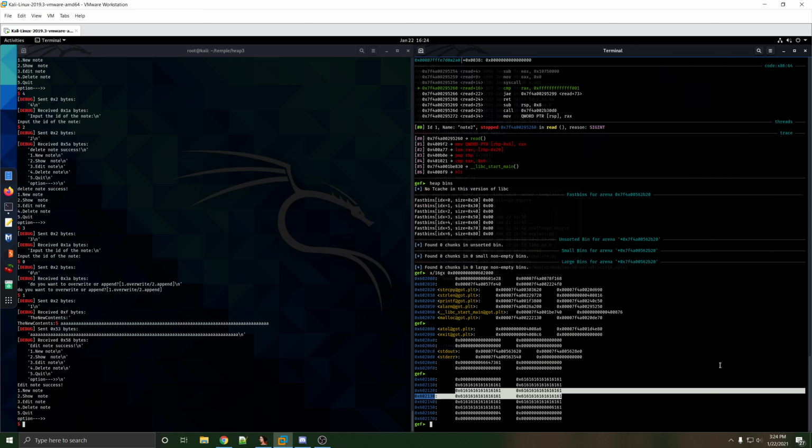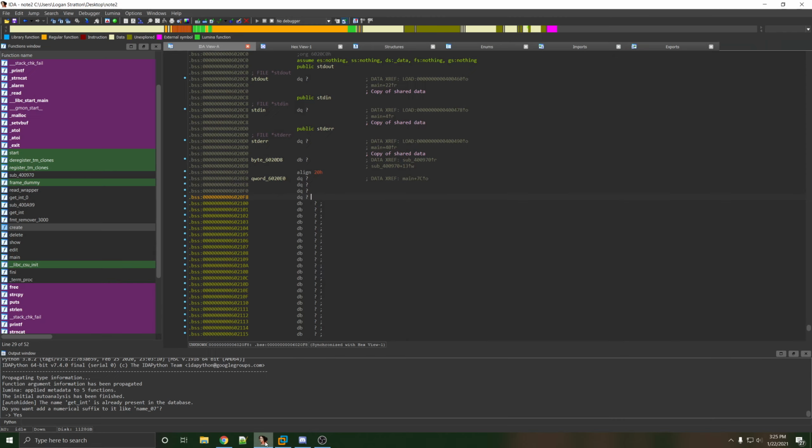Would overwriting, what's the other one, would overwriting something like free hook work? Is there an unlink hook? Free hook could work, but I think we should... That one actually might be difficult. So the ROP might be difficult also, because the ROP would be easier, I think, because we're only allowed, since we're editing, if we go back to it,